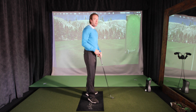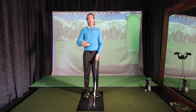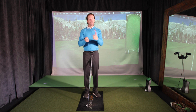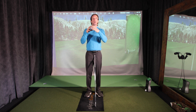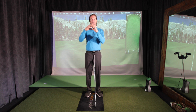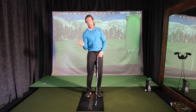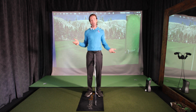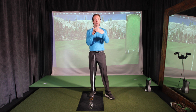Now, if you're the type of person that doesn't really have very good arm strength, if you're a little bit lighter, smaller, a lot of women don't have the strength in their arms to really control the club face to the hitting area. How do you get that club face control? Because again, that was one of the requirements. I want you guys to have absolute club face control to know where that ball is going every single time. Not that you're not going to make mistakes, but as you start taking advantage of some of the benefits that the push release has to offer and being right side dominant has to offer, not having to relearn to use the other side of your body and your brain, then you slow down how much the club